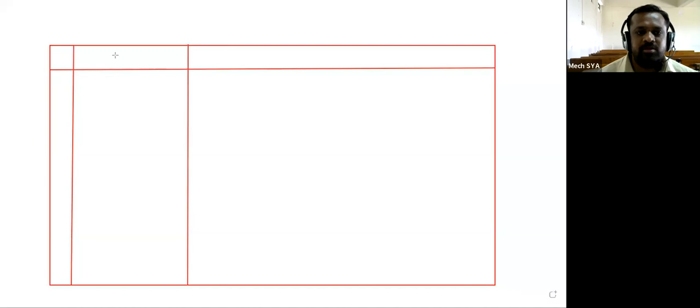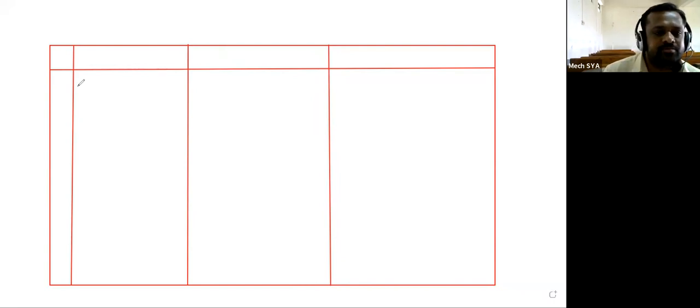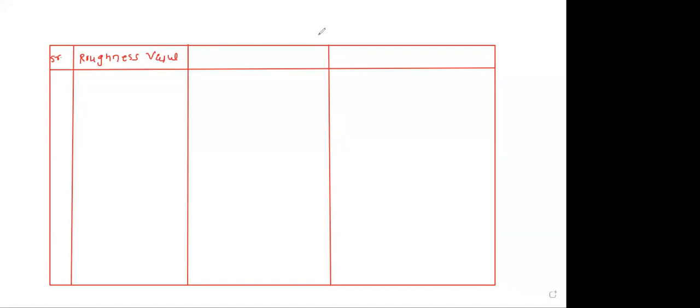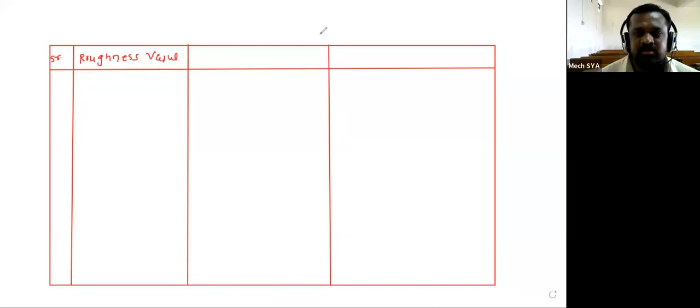So here is serial number, surface roughness value, then surface roughness grade. This will be the grade, and this is for the symbol. Now see here. This is the serial number. Here, surface roughness value in the micron. Am I right? Yes or no? Yes, sir. Then the second column is for the